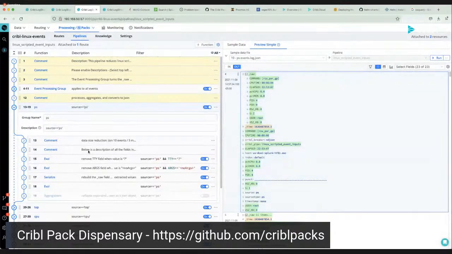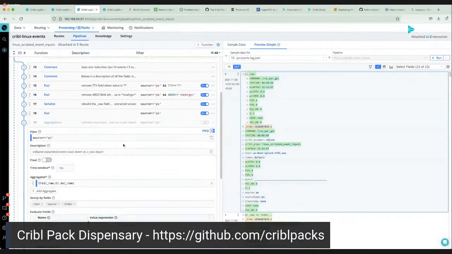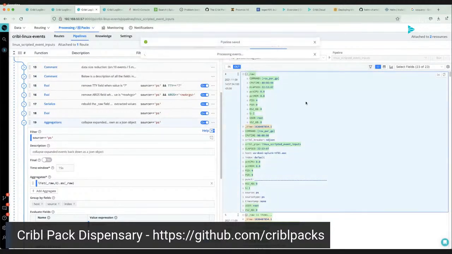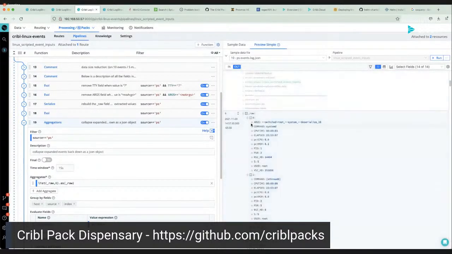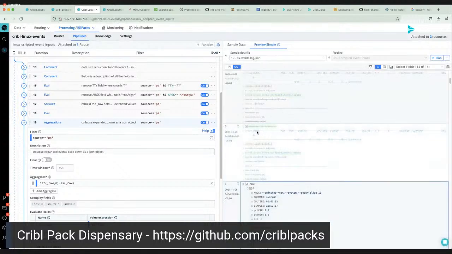The aggregation, this is really where we repackage everything back into that structured event. This will definitely help in your size. There's some questions in terms of, what is it that you really need from these logs? You can definitely save more if you want to actually go through and drop events based off of what's actually